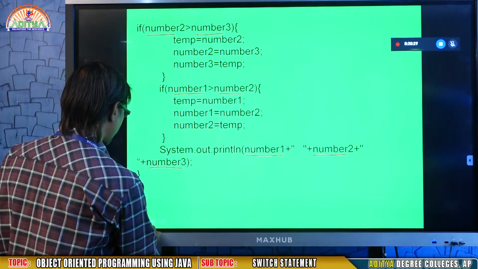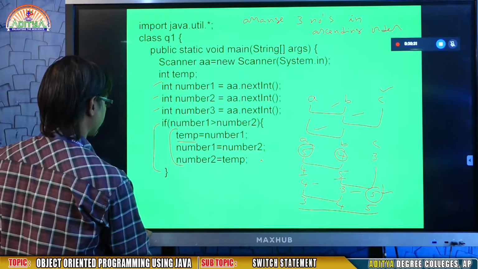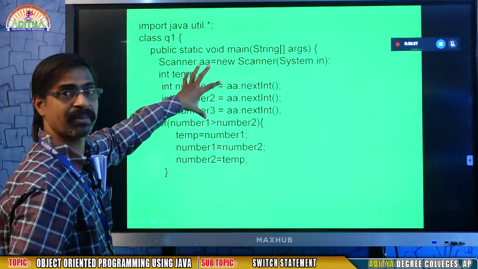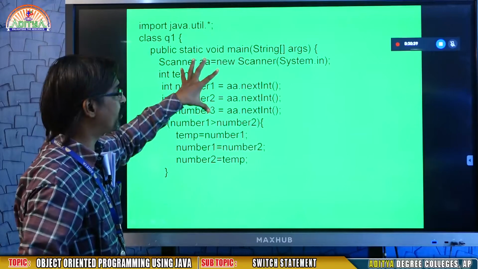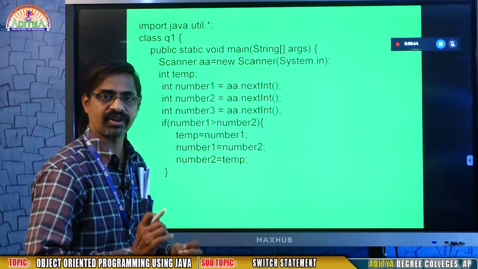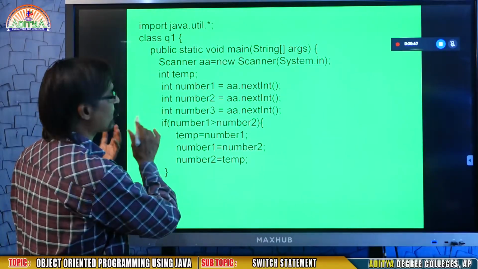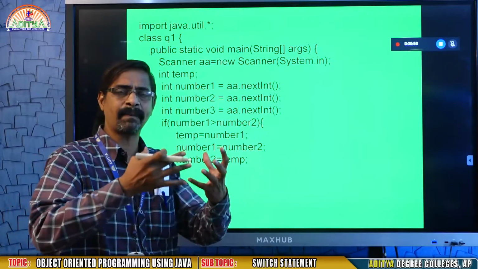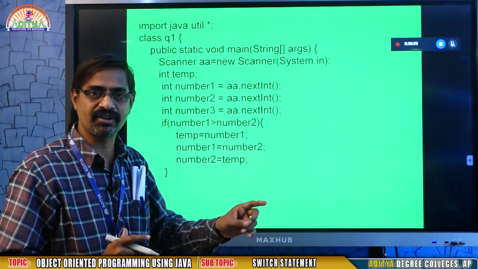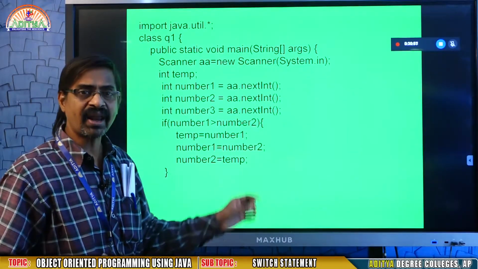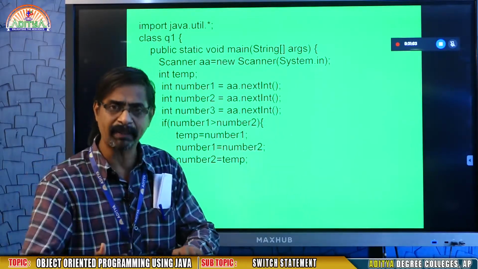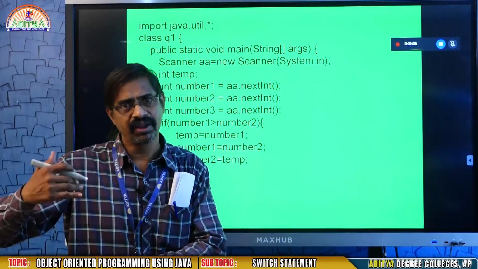So this is my program for arranging 3 numbers. Compared to the previous logic, it will be easy and efficient. Remember this concept, okay. The important thing is, both are the same. The previous program I gave also arranges 3 numbers in ascending order. Here the same program arranges 3 numbers in ascending order. Where is the smartness? In the logic. There, if A is small, then within the if I compared B and C. Again if B is small, I compared A and C. Again if C is small, I compared A and B.